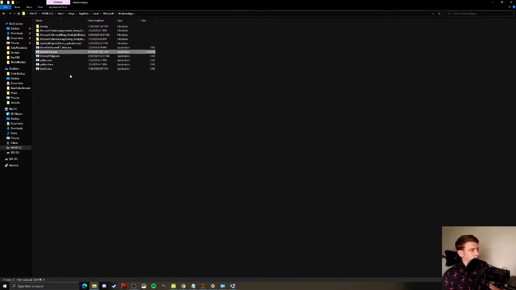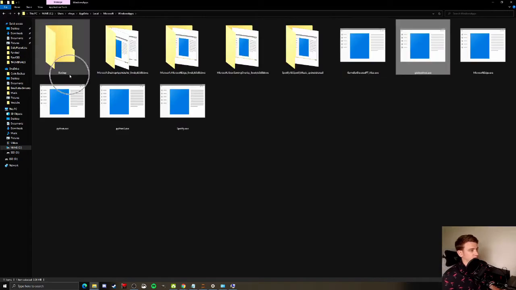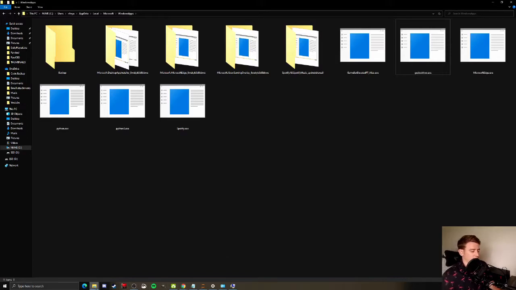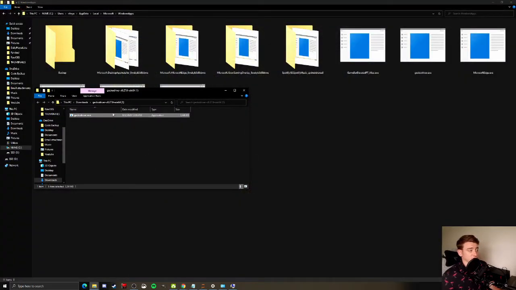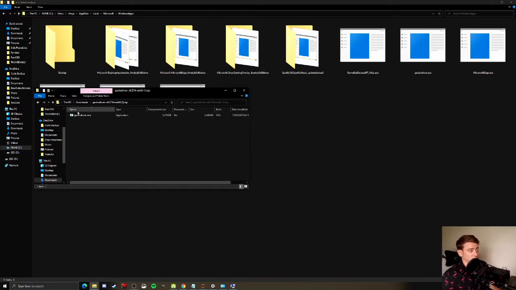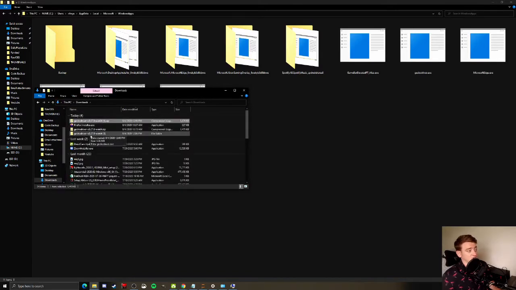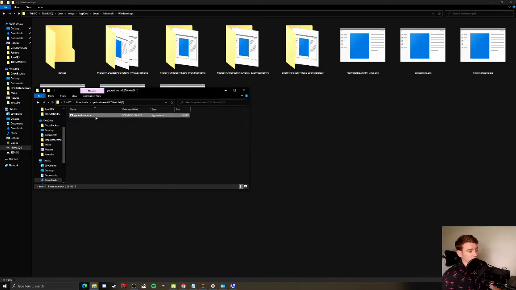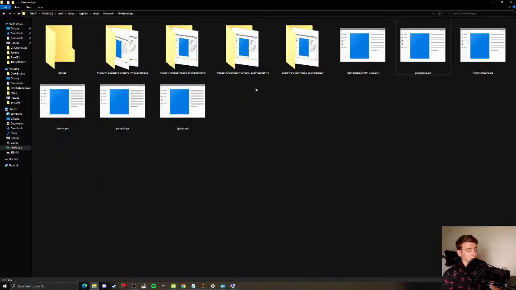And here we go. As you can see, I have GeckoDriver installed right here. And all you have to do, make sure you extract it first. Make sure you're not just double clicking into the compressed folder and copying it out, because it's compressed down. You're not getting the full file there. So you want to extract it to a normal folder. And then we can just copy and paste it here. And now Python is going to be able to read that